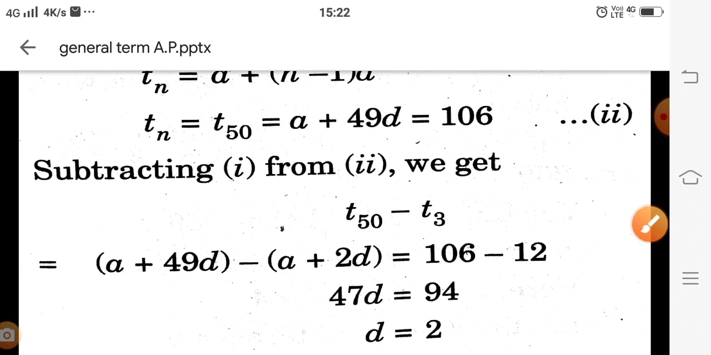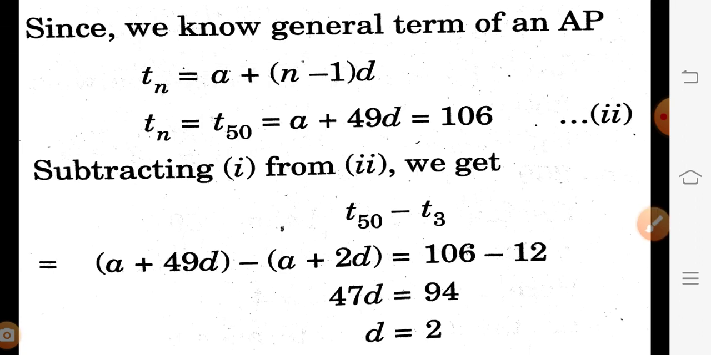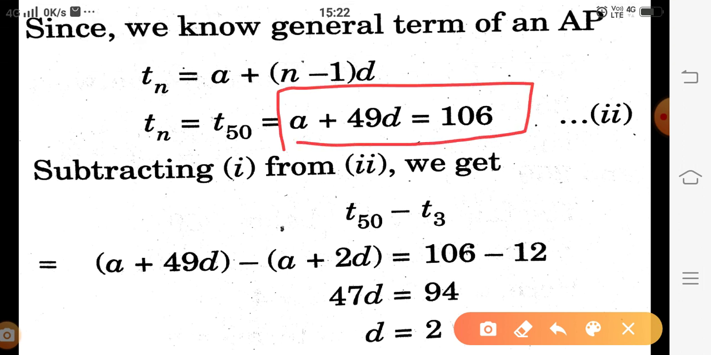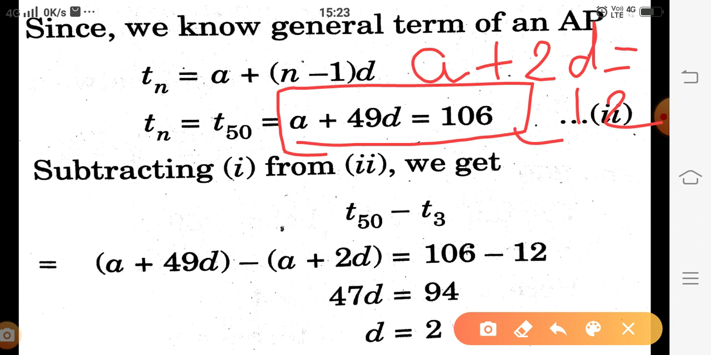Then what we are getting, the first equation we have A plus 2D equal to 12, and the second equation we are getting A plus 49D is equal to 106. Now the two equations we have: the first one A plus 2D equal to 12, and the second one A plus 49D equal to 106. Then on solving these two equations, easily we are getting the values of A and D. By the elimination method, easily we are able to solve these two linear equations, and that method we have learned